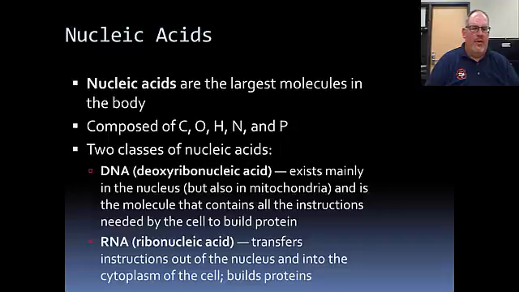RNA is actually translated from DNA, and RNA is actually going to leave the nucleus and take that genetic information on how to make proteins, and transfer it out into the actual cytosol, or the fluid surrounding the cell, and it's going to link up to little things called ribosomes, and these ribosomes are where the proteins are actually going to be made. So the ribosome's actually going to read the RNA and figure out what amino acids it's got to put together to actually make the proteins.